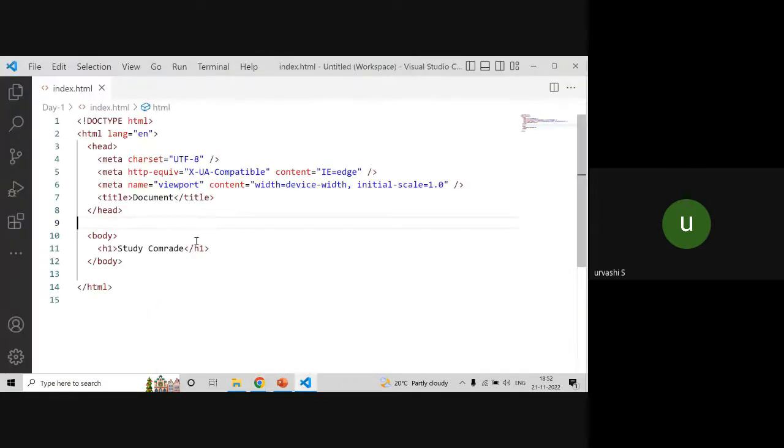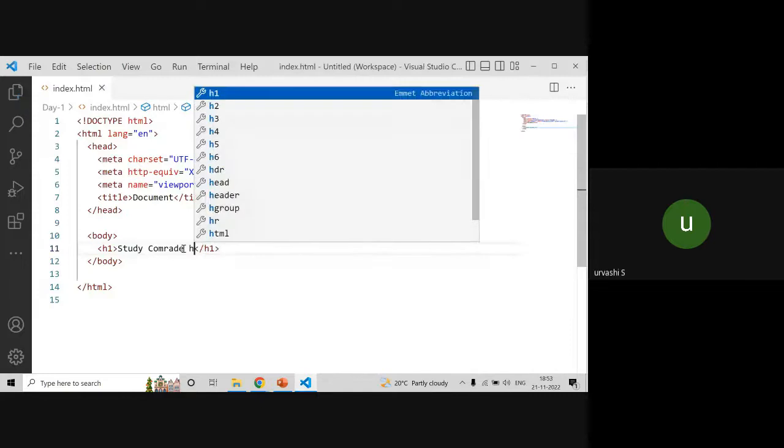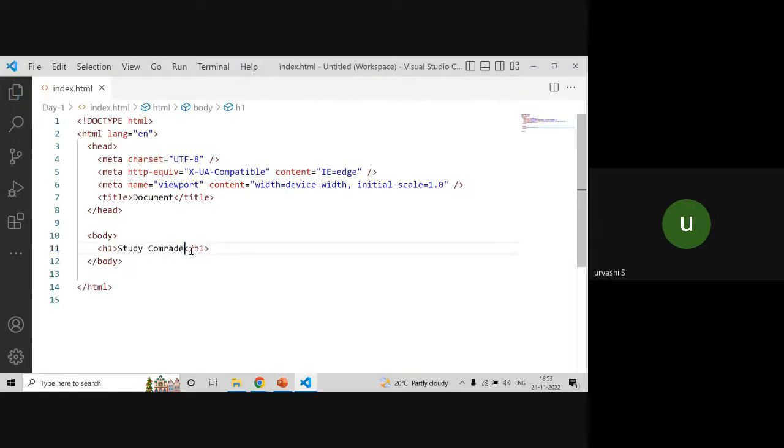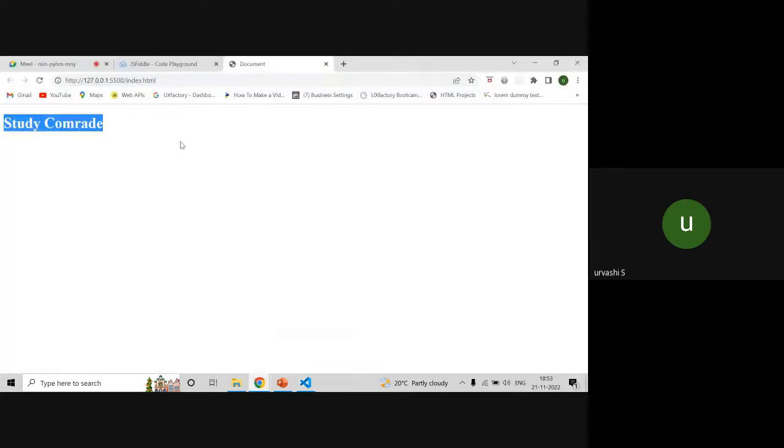Now I will make some change in my code. I added H here. That change will be reflected immediately in the live server one. But for the one where I double clicked the file, I have to come and refresh every time. So that's why we prefer to go with live server, because if I make any change, I can see the output directly.